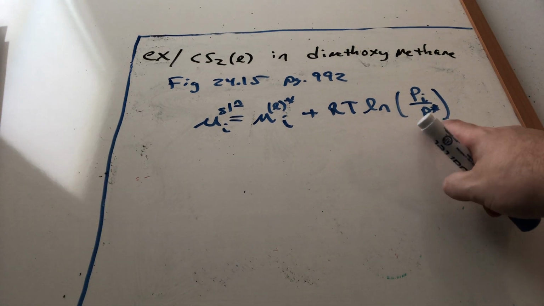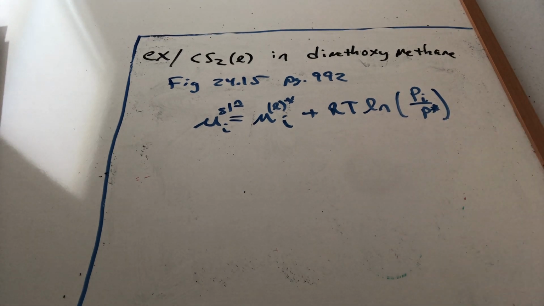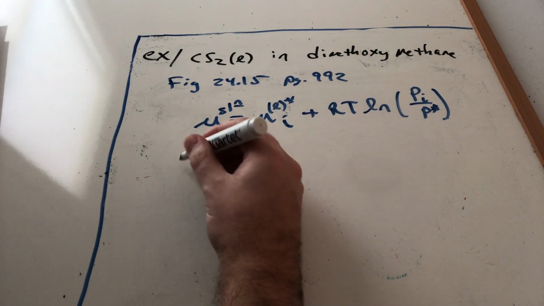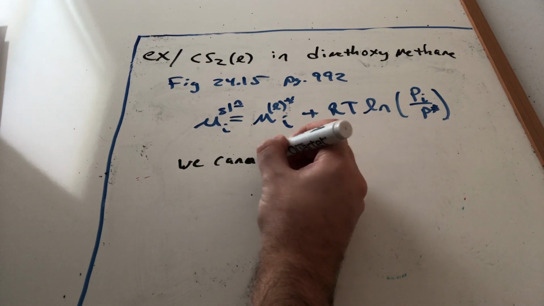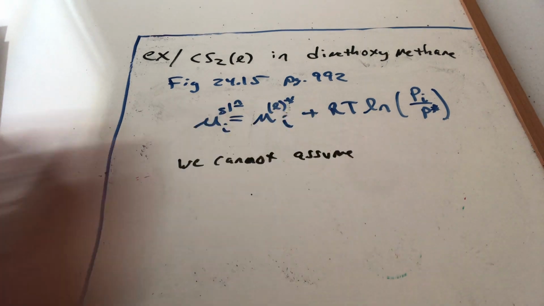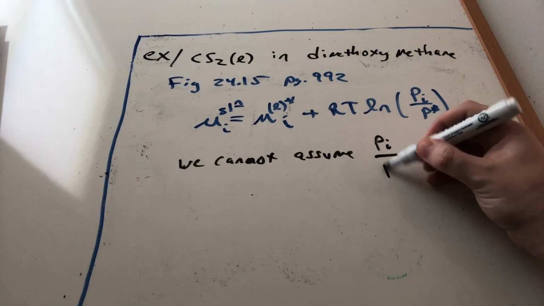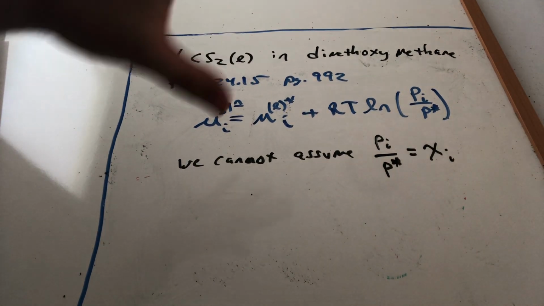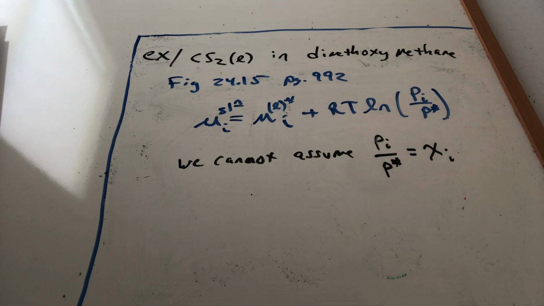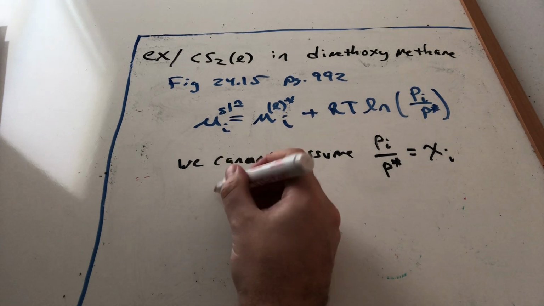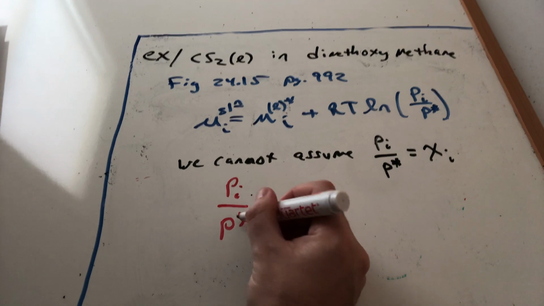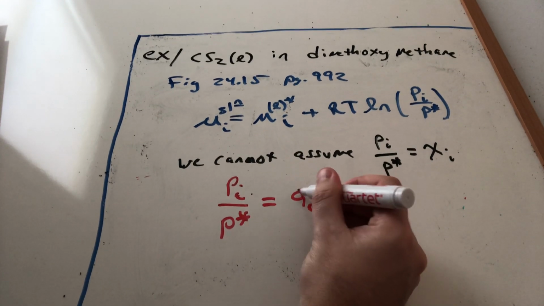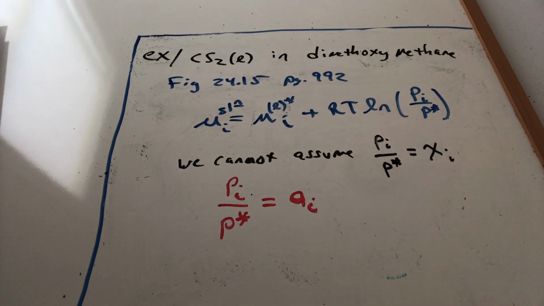Then from there, we analyzed this and we made it a concentration because we assumed ideal behavior. So now we cannot assume, with this positive deviation that occurs, that Pi over P star is equal to chi I. We can't do it for either one of these because there's this repulsive interaction that occurs. So what we do instead, because we like this mathematical form so much, is it's not chi I. What we do instead is we make Pi over P star into the activity, small a, for that component I,